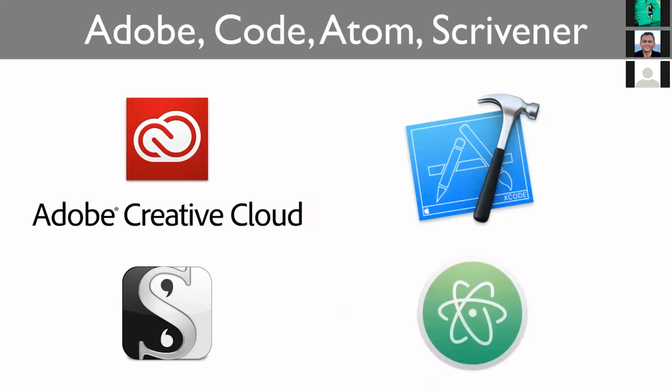And how do we do that? We use lots of different tools, depending on who's doing what. For example, our designers use Adobe Creative Cloud apps like Photoshop, Illustrator, and some prototyping apps. The coders, the programmers, the developers, use Xcode, the Atom code editor and other code editors. I use Scrivener, for example, to write things, and not only. I wrote the No Office Apps book also in Scrivener, but I also wrote my articles, most of my content actually, in Scrivener, so I use that as well.